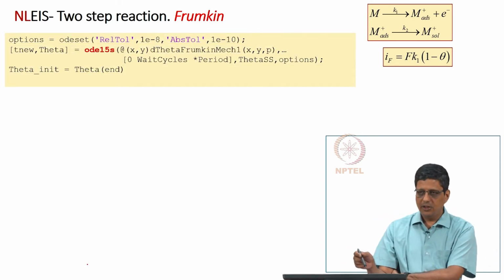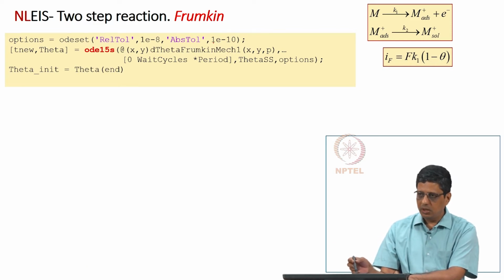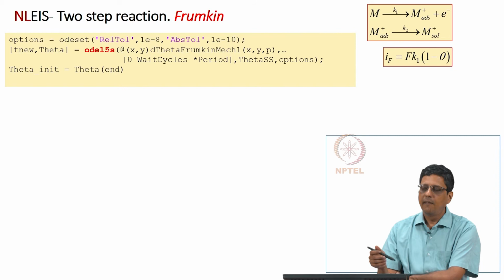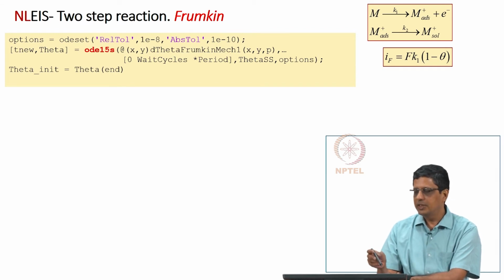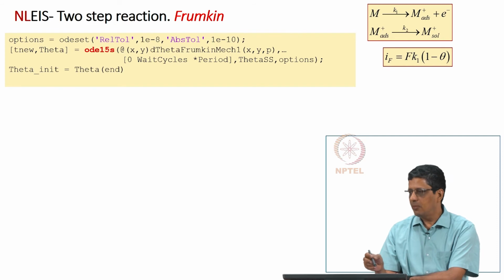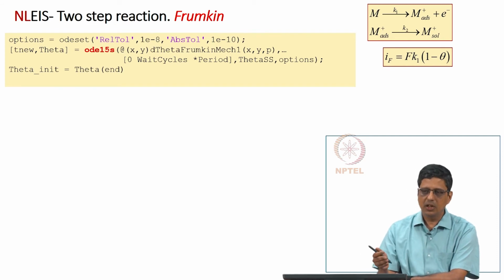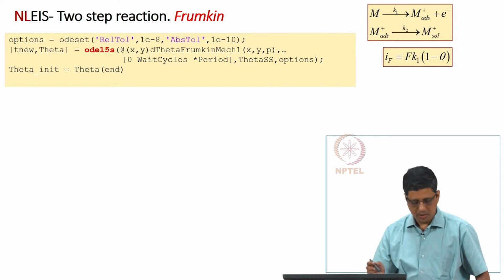So, for example, the default tolerance value is 1e minus 6, if you remember right, in MATLAB. If you want a little more accurate value, you have to change that. This integration works well when you use ODE15s, because the equations happen to be stiff equations. When we are looking at an analytical solution, we never had to worry about what type of equation it is. Now, when you are going to use a numerical method, you have to use the correct ODE solver. If you have stiff equations and you use the normal solver, either it will not give you the result or it will take a very long time and give you some results.